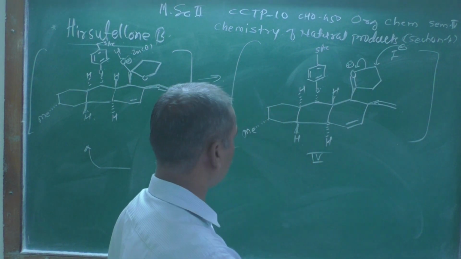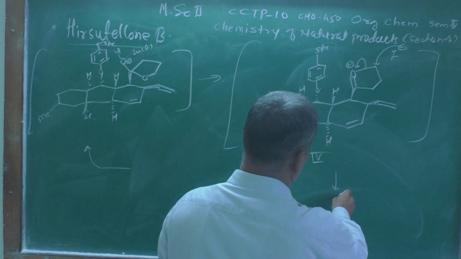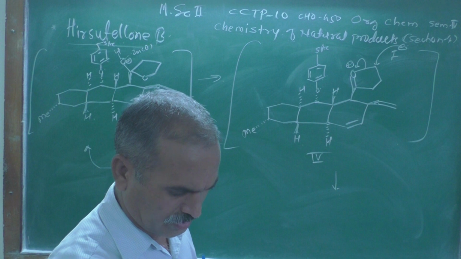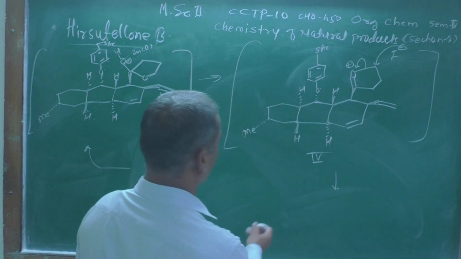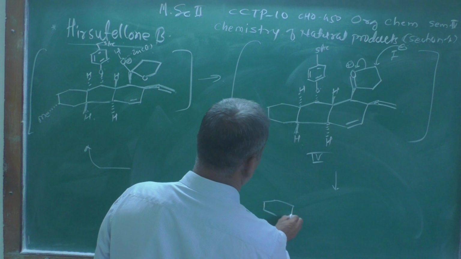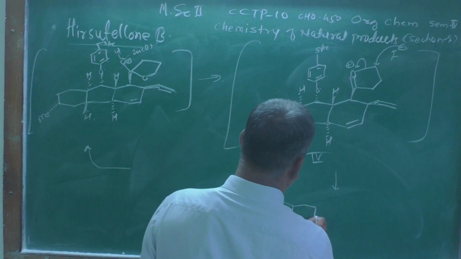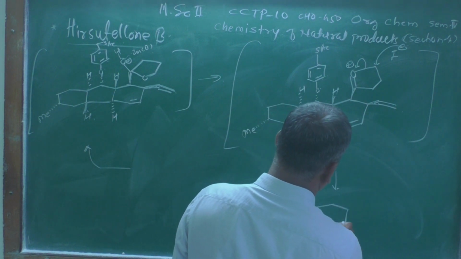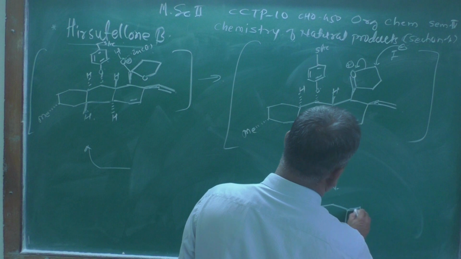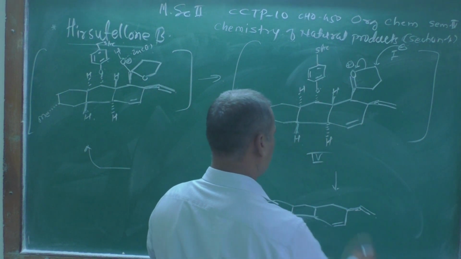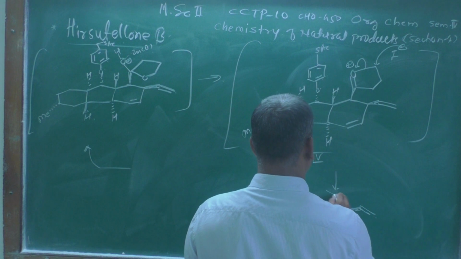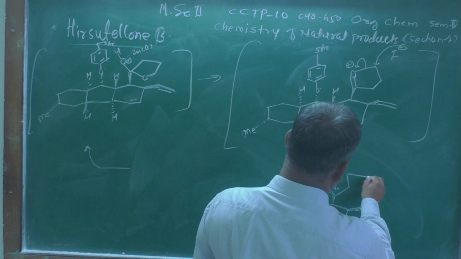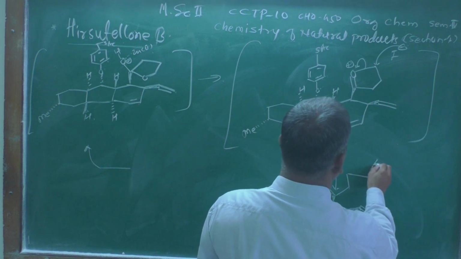And after doing this, the structure which we are going to get is like this. Let us see over here. This is a 5-membered ring, always remember, with a double bond, and this group should be above the plane. This is a double bond, and here C double bond O, then CH2, CH2, CH2, 1, 2, 3, and there is an iodine.